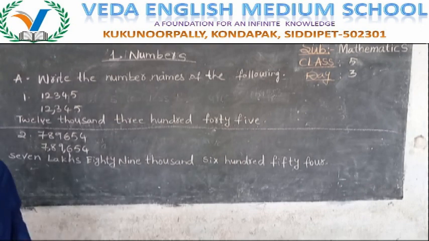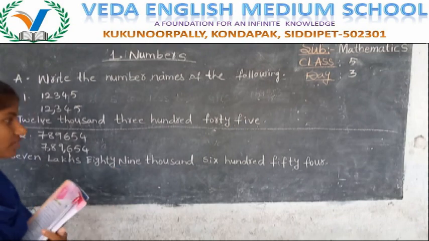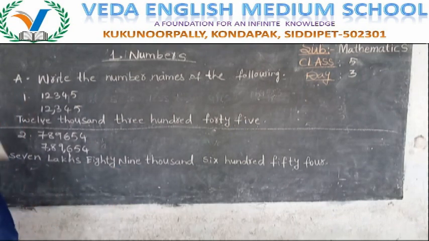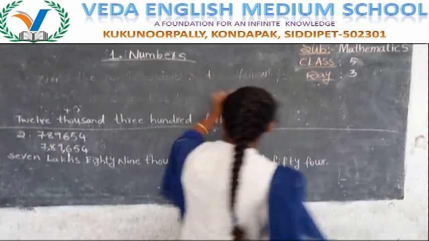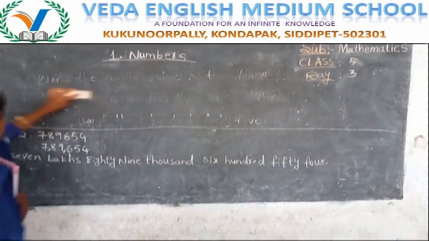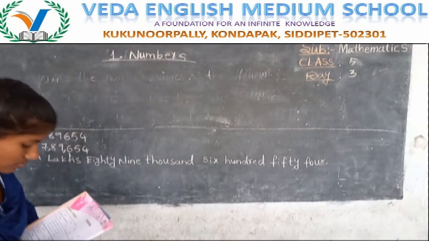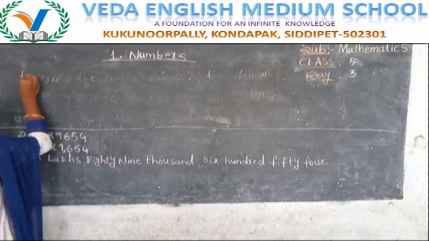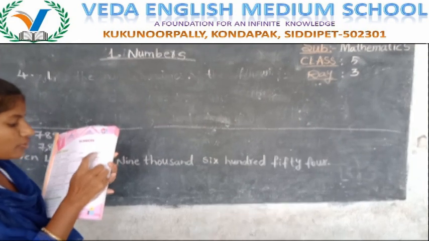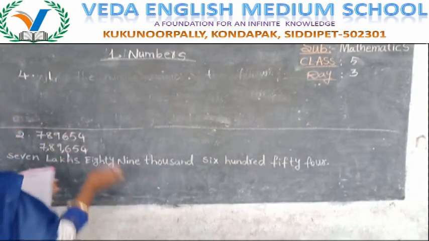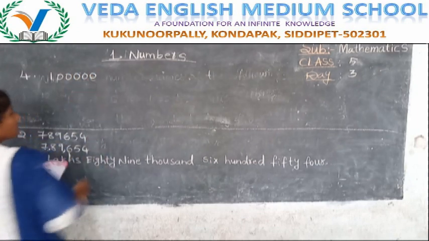In our first bit we have 4 problems. I have completed 2. Now I will explain the last one. Only one is your homework. I am rubbing the first one. Fourth question. 1. After 1, how many zeros are there? Count once. 1, 2, 3, 4, 5. How many zeros are there, Nana? 1, 2, 3, 4, 5.